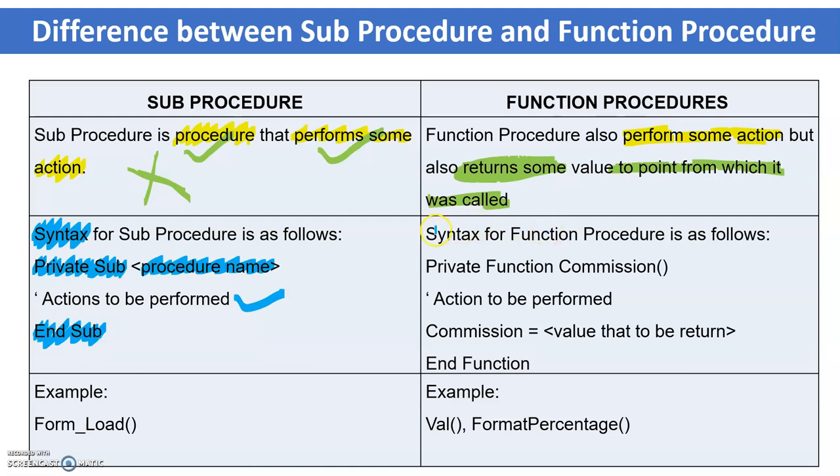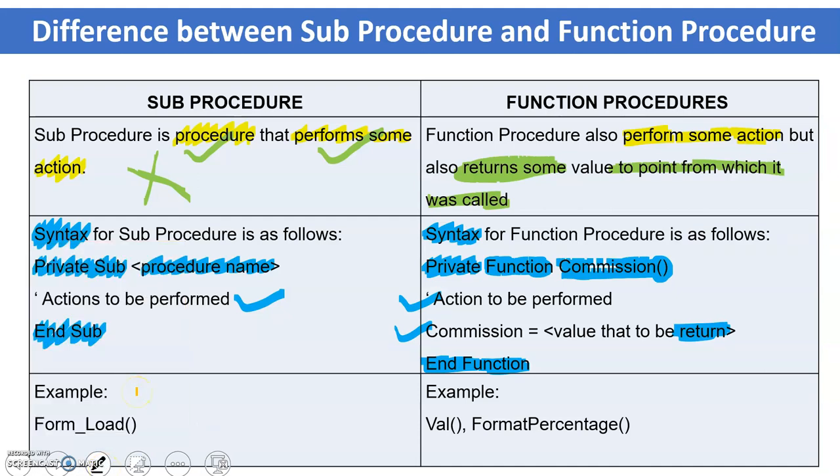Well, when we talk about the syntax of the function, of course you need to write some modifier like Private, Public, or Protected. Then Function is a keyword, and then the name of the function. Also, in the brackets you can pass the parameters, right? And then you can write your actions, your statements, and then you need to write End Function, right? And yes, a return statement must be there in the function, because your function must return some value. So this is the second